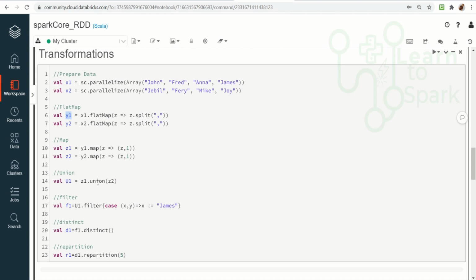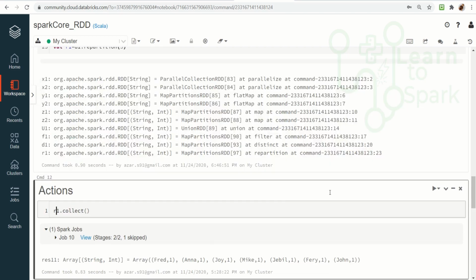Then I'm creating a union operation, and on top of this union I'm applying a filter operation, and on this filter I'm giving a distinct, and on this distinct I am applying a repartition of 5. So you can find I have applied a series of transformations, and let me execute this.